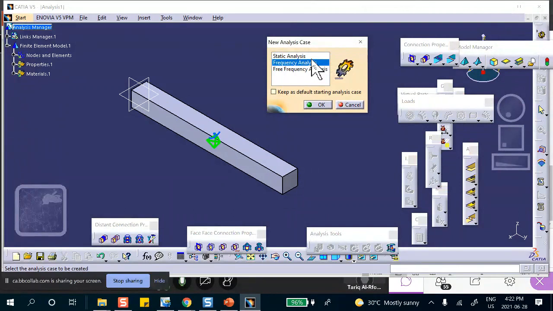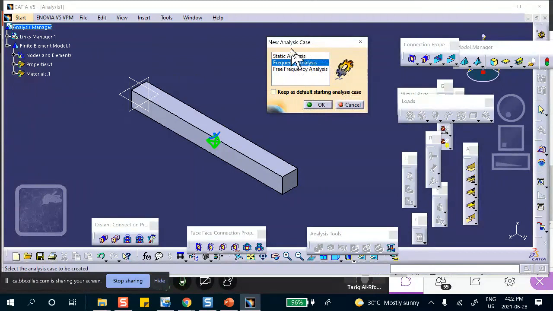Notice there are two things here. There's a frequency analysis and there is a free frequency analysis. These are the same thing, except that for frequency analysis, you put some restraint. For free frequency analysis, you don't put any restraints, as if this was out in outer space, not attached to anything, and we are expecting to see vibration frequencies of it. If this was in outer space, floating, then you can do free frequency analysis. But if this is a beam, for example, attached to, I don't know, the roof of your house, okay, it's attached to something, so you're going to put some restraints there. So don't do free frequency analysis, do frequency analysis.